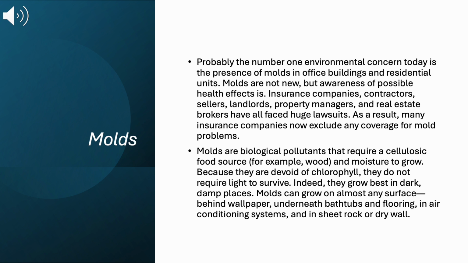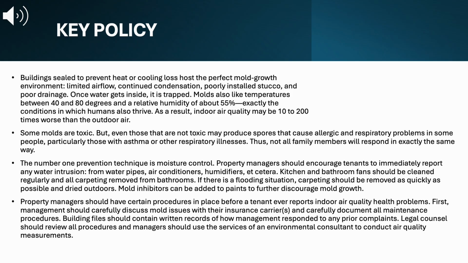Molds are biological pollutants that require a cellulosic food source, for example wood and moisture, to grow. Because they are devoid of chlorophyll, they do not require light to survive. Indeed, they grow best in dark, damp places. Molds can grow on almost any surface, behind wallpaper, underneath bathtubs and flooring, in air conditioning systems, and in sheetrock or drywall. Key policy. Buildings sealed to prevent heat or cooling loss host the perfect mold growth environment,